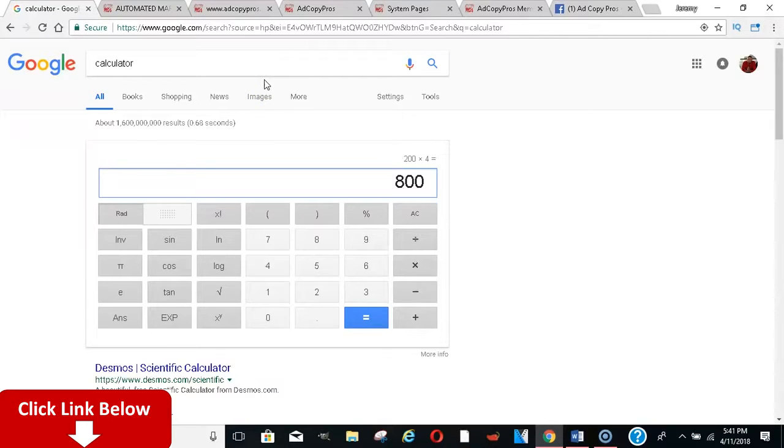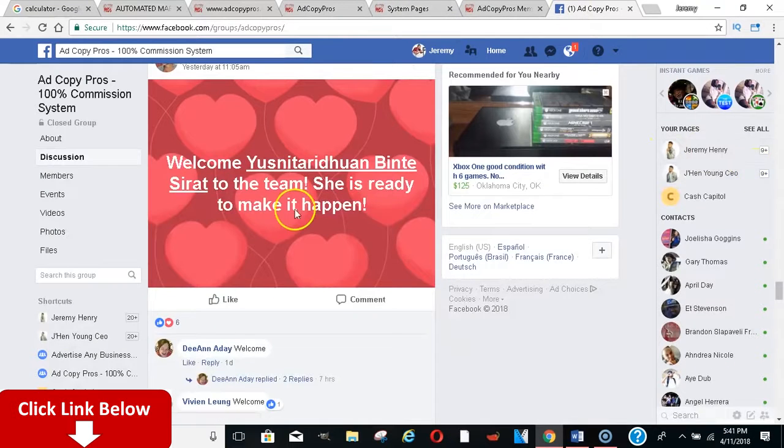Save it, whatever. So as you can see, this system is very powerful, and it's only one-time payments, you guys. Once you pay it once, you don't have to pay it again. The system is great. It's working. Teammates are actually seeing results. People are in here getting welcomed to the team every day. As you can see, welcome, welcome. So it's a great system to get started with, you guys.